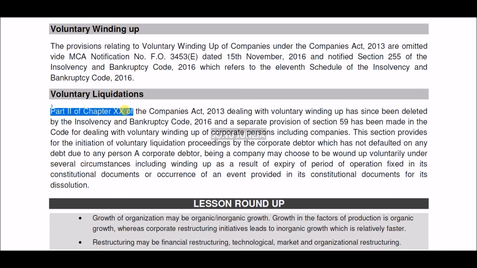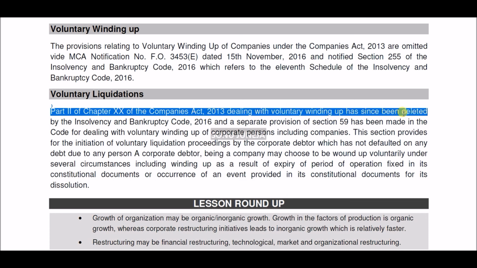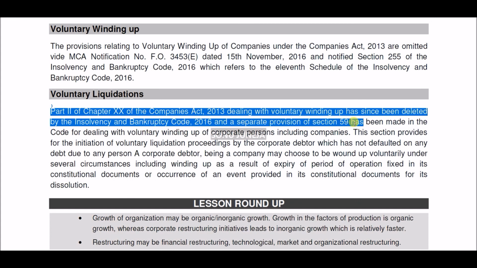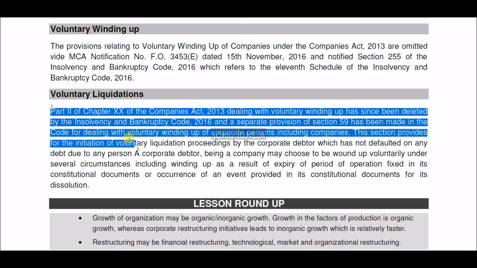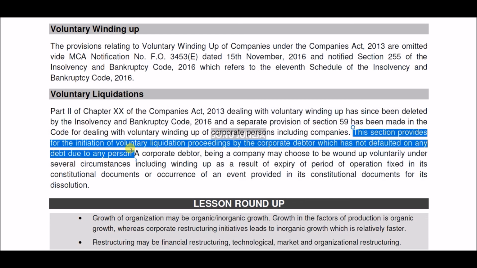Now part 2 chapter 20 of the Companies Act 2013 dealing with the voluntary wind up has been deleted by the Insolvency Bankruptcy Code, and a separate provision of section 59 has been made in the code for dealing with the voluntary winding up of the corporate person including companies. Okay, now this section provides the initiation of voluntary liquidation proceed by the corporate debtor which has not defaulted on